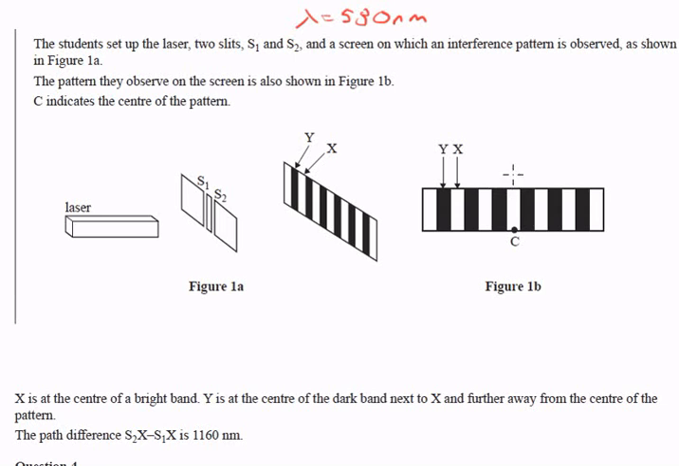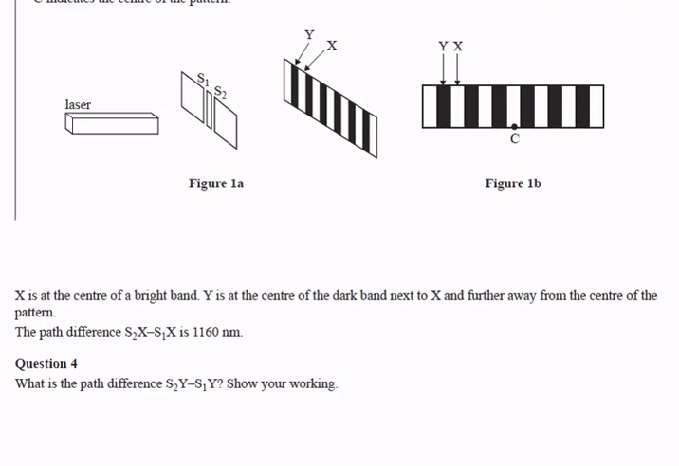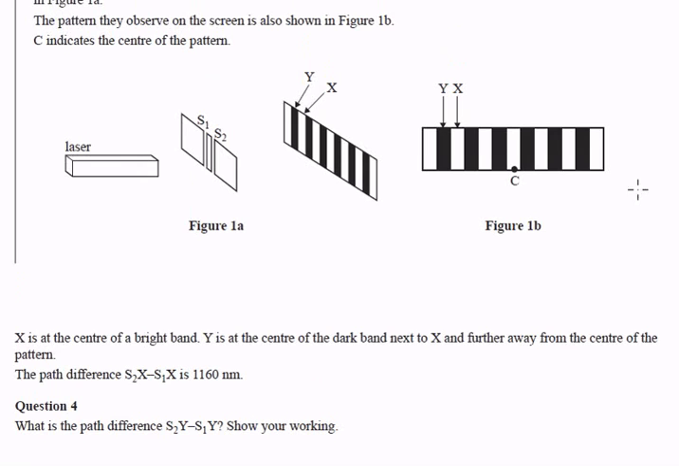C is the center, which is a bright band, which is good. X is a bright band, they say, and Y is a dark band, the one next to it. The path difference to X, to here, is 1160 nanometers. What's the path difference to Y? Show your working. Well, the path difference at the middle